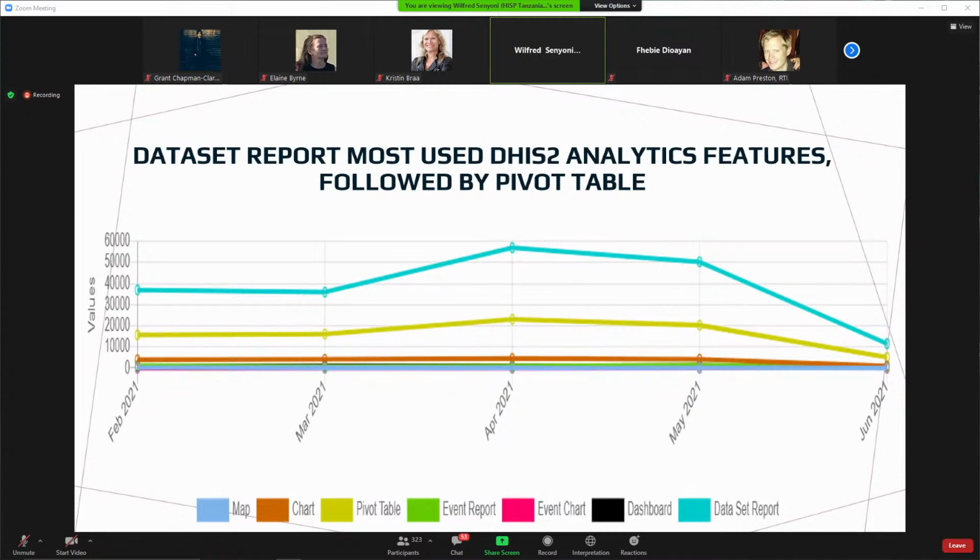For example, people are quite conversant with Excel, so they decided to use that in their reports. Of course, some of the reasons are the need to learn more about these analytical tools. So it brings that particular aspect that we still have a long way to go in terms of building capacity, exposing our national team so that they can understand these features which we are actually building within DHIS2,